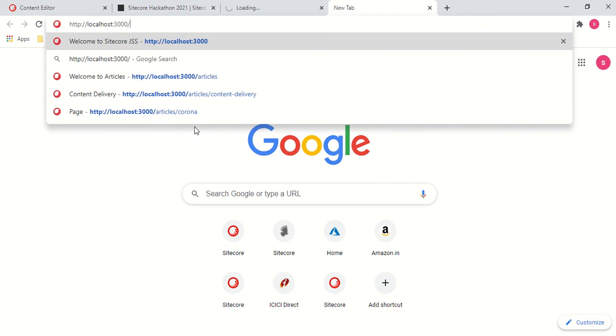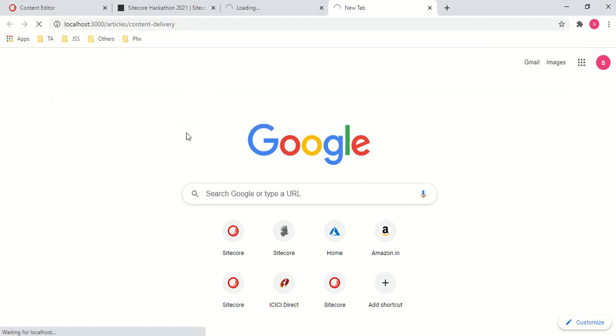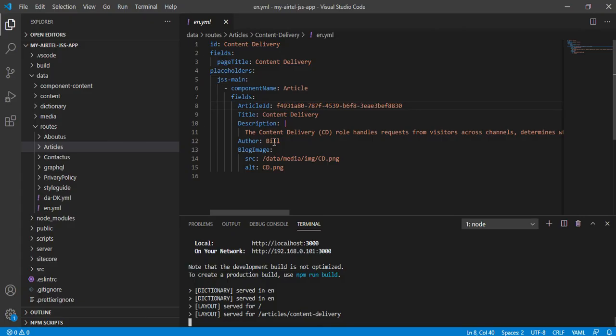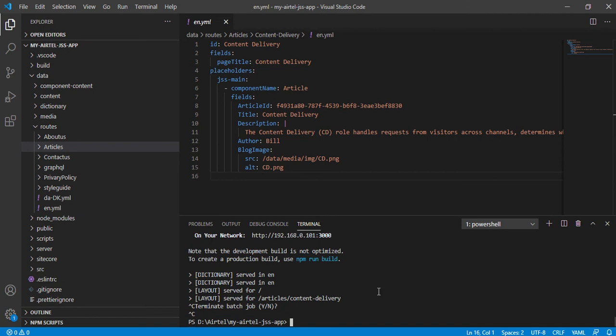Let me also try to access its content delivery, and let's see whether we got all the items here or not. You see its content delivery, its author name is Bill, F4, and in our application as well, our author name is Bill, F4. So our application is running in disconnected mode, and we are able to see our pages here.